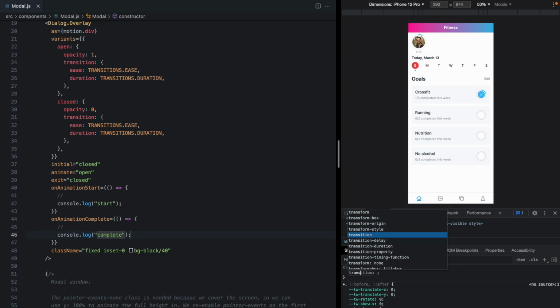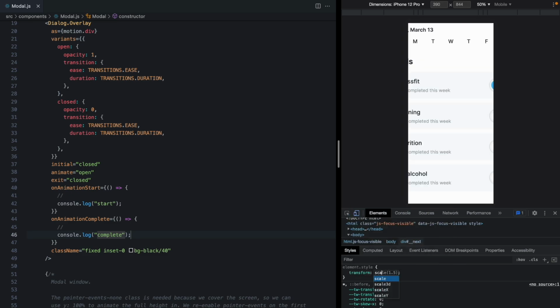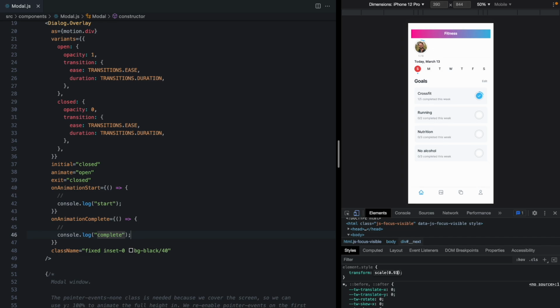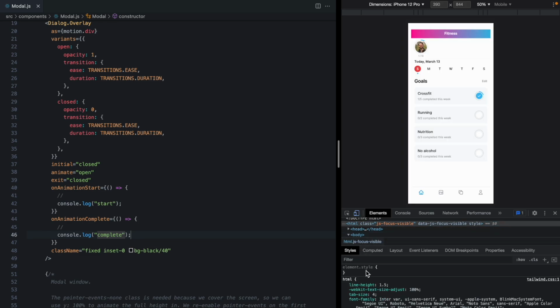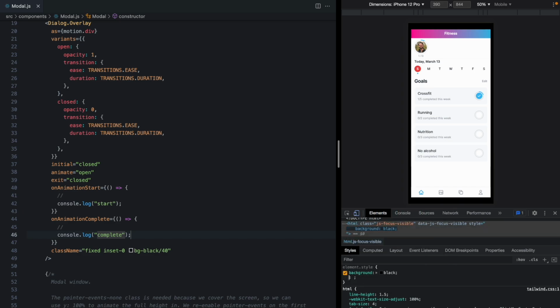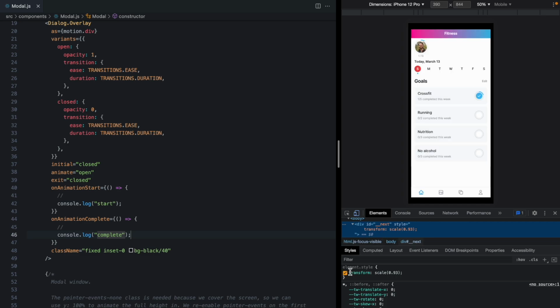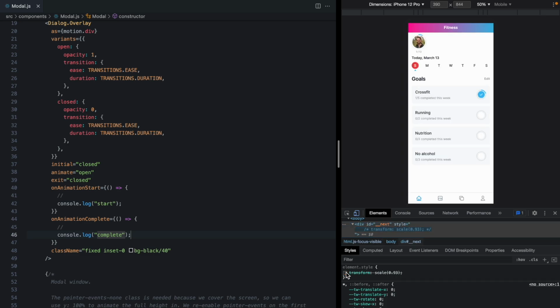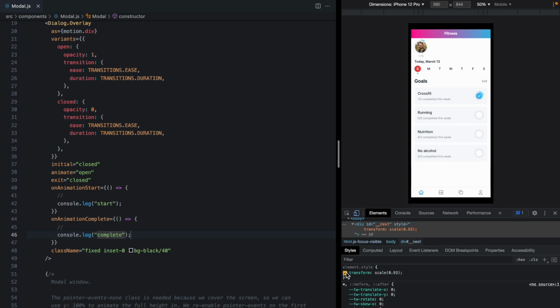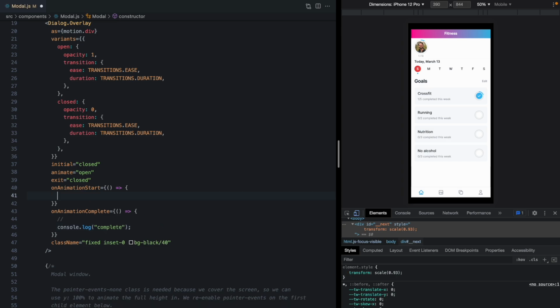And we're going to go ahead and say transform is scale. And if we scale this down by 0.93, and we also come and add a background of black to the HTML tag, that's going to give us kind of the general effect. And scaling is nice because it just kind of takes care of everything inside. So to start, let's just grab